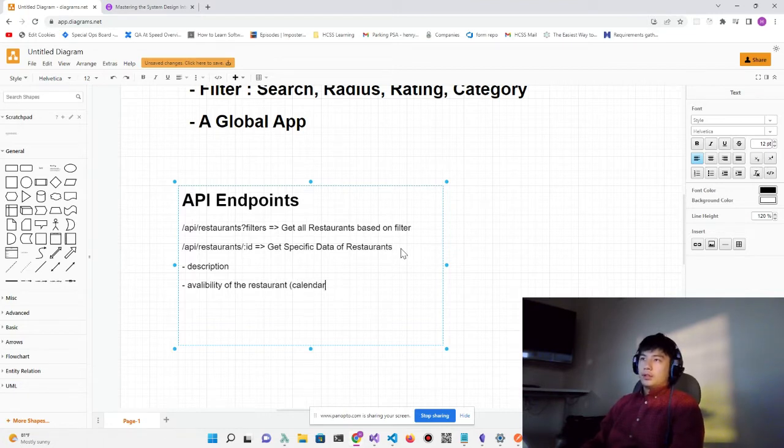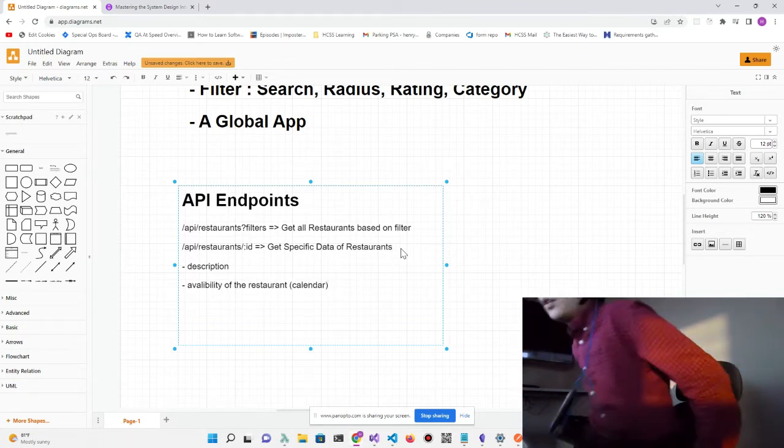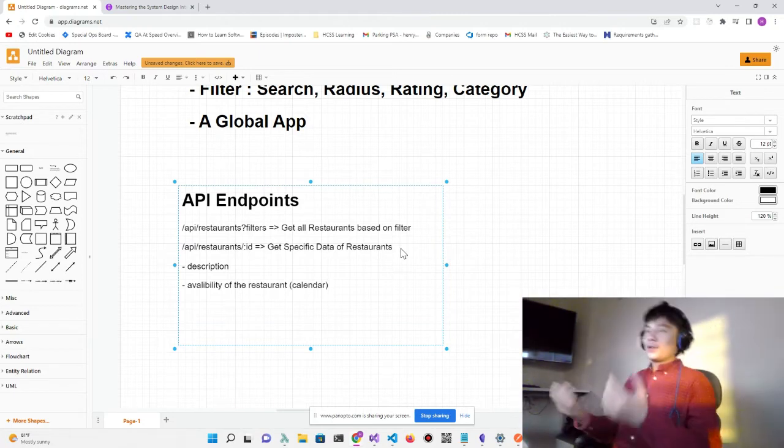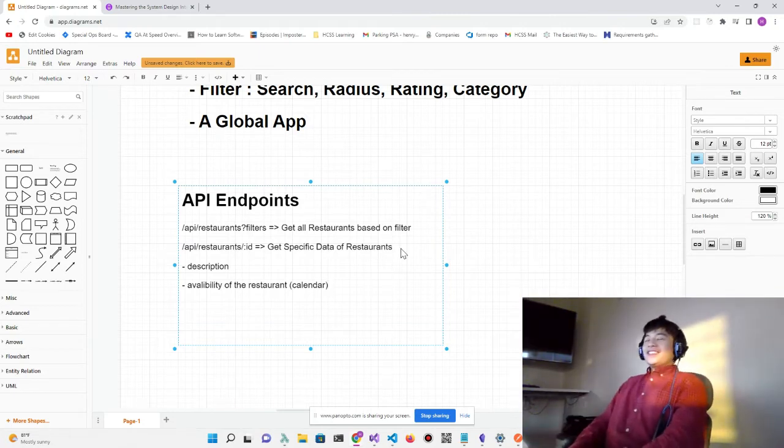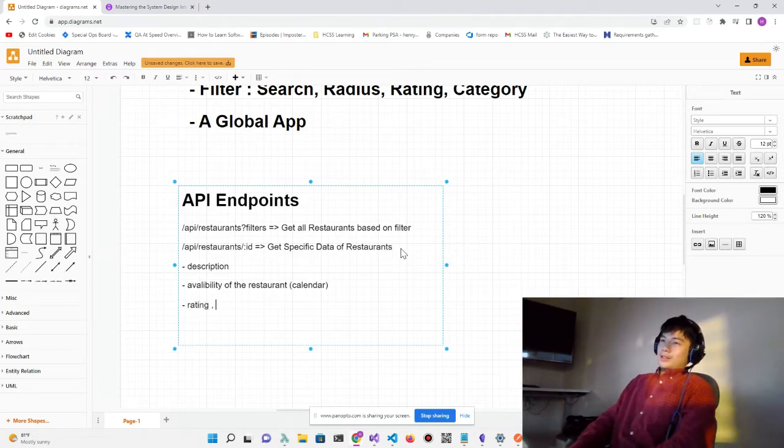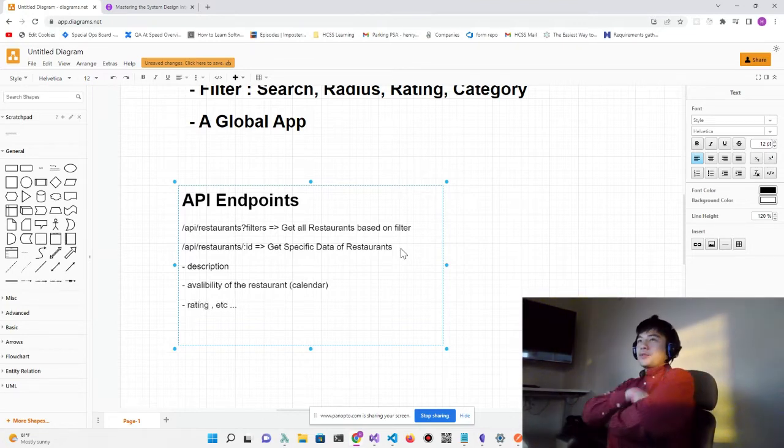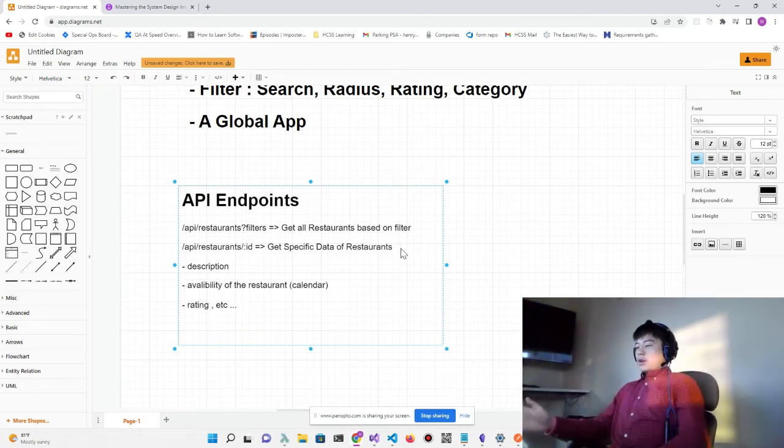Really, their calendar, because I'm just imagining a calendar, and then the user just clicks on it and they just book it, kind of like Calendly. I have never used this type of application, but there are some basic things like ratings and so on. That's kind of what the idea is going to provide. And so once we provide all that data inside that one page for that particular month,